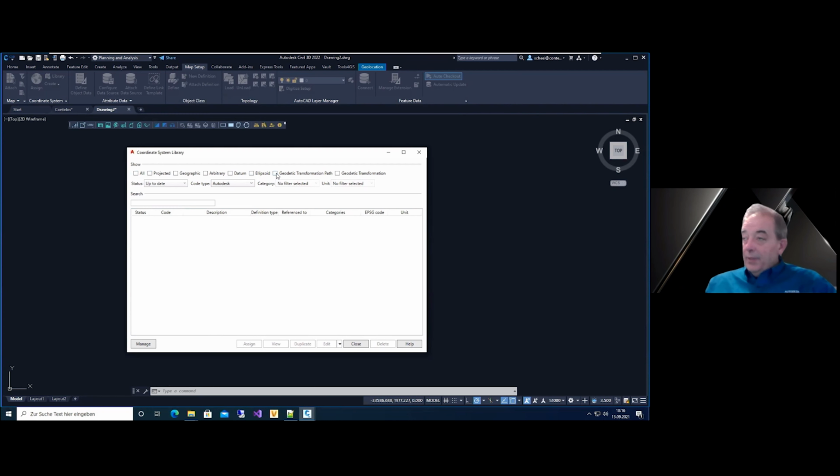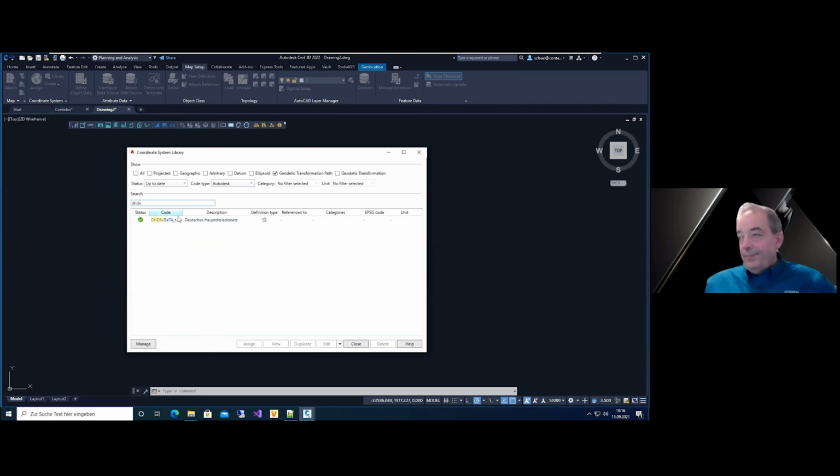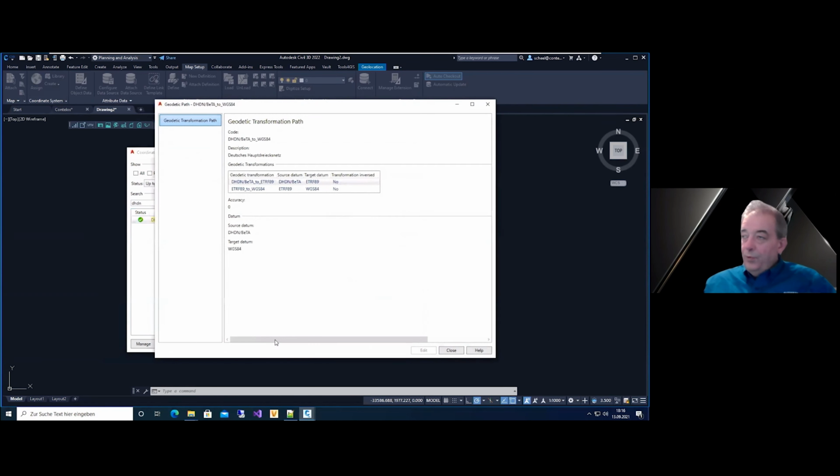When you selected the beta one, let's have a look again at the geodetic transformation path. What you see from top to down is the geodetic transformation used.